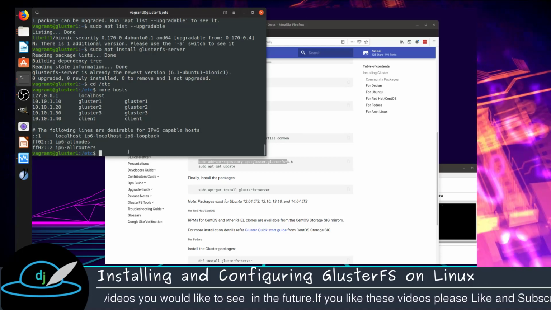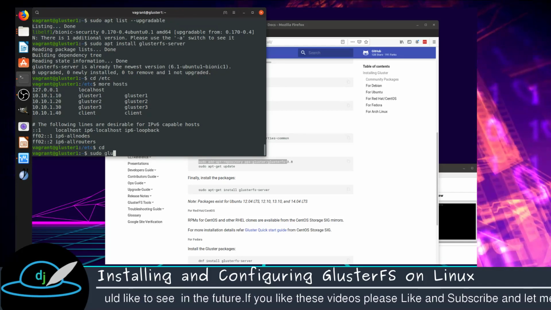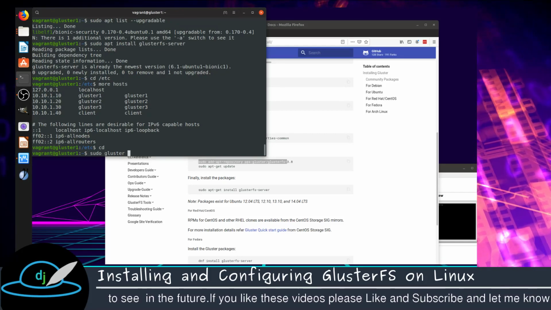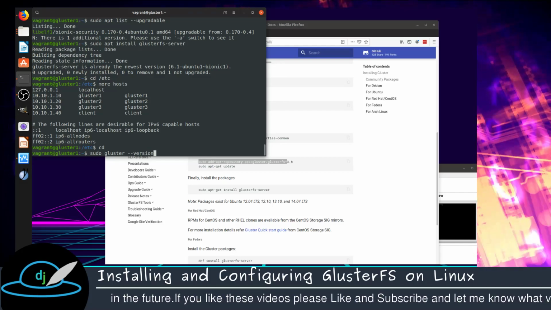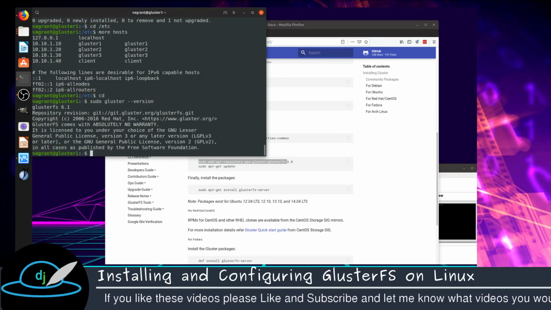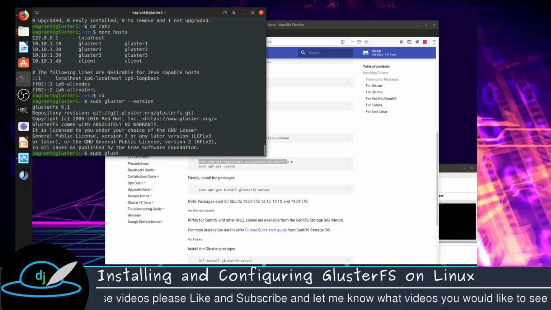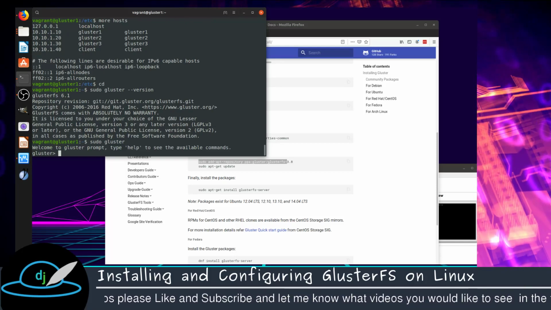Once I've done that, I would then go into Gluster, but let's just see if we've got it installed successfully first. If this comes back with a version number, you're good. You're good to go. You're all set. So I can just bring it up, and